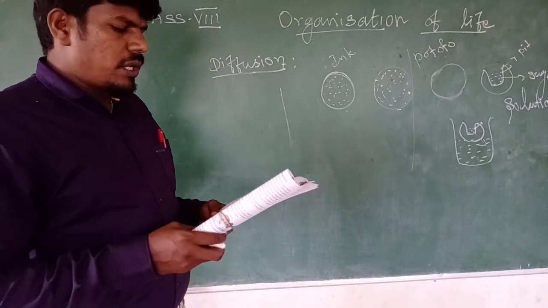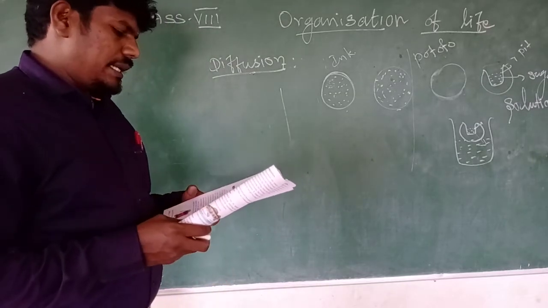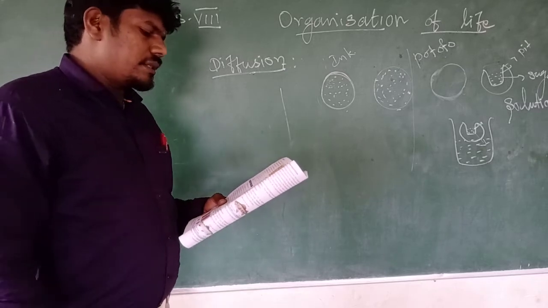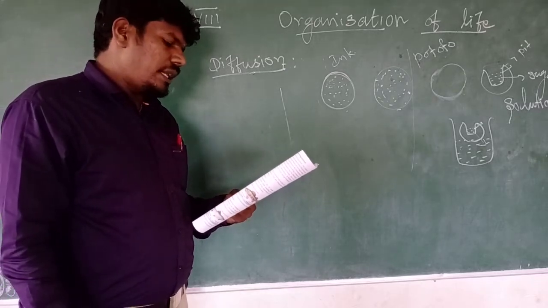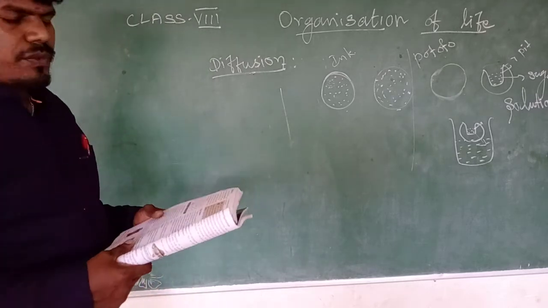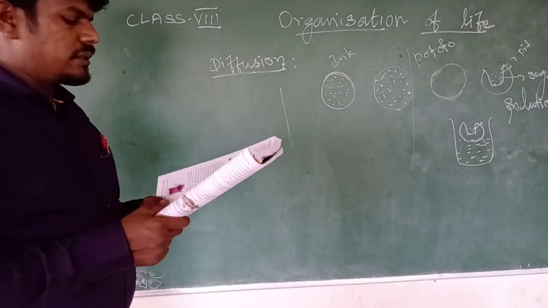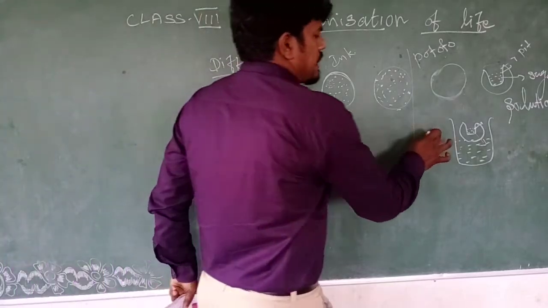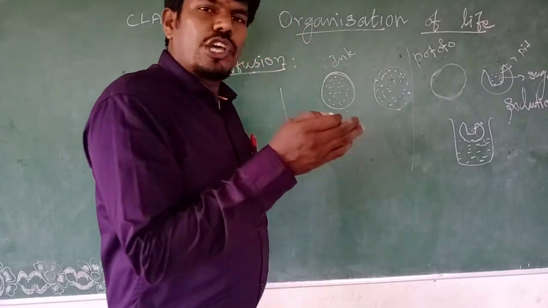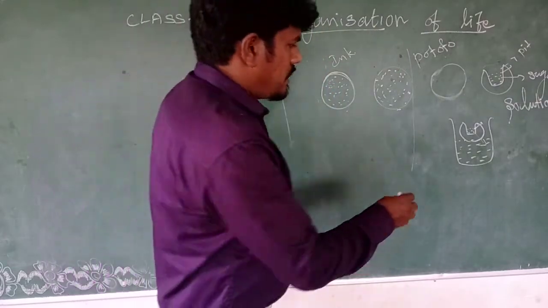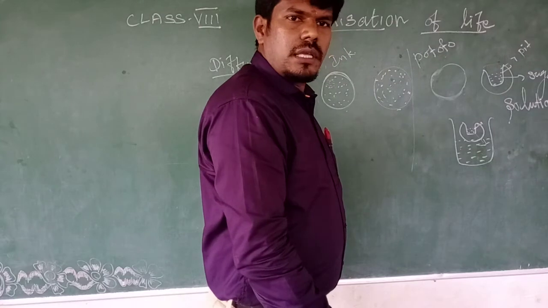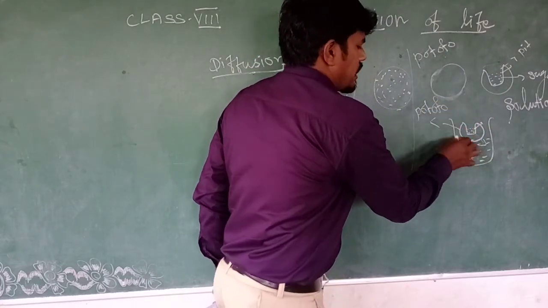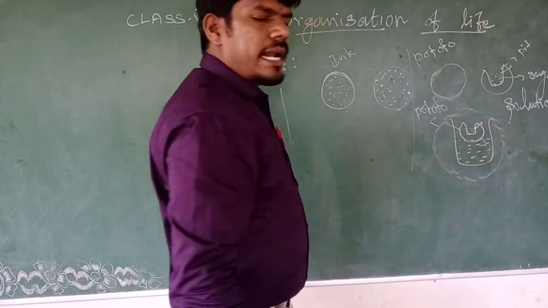And then the movement of liquid into and out of the cell is dependent on the concentration of the solution surrounding it. There are 3 types of solutions in which this could vary. What are they? Yes or no? This is the potato, surrounded by the solution. The solutions are classified into 3 types.